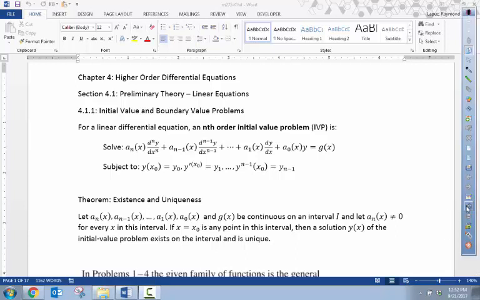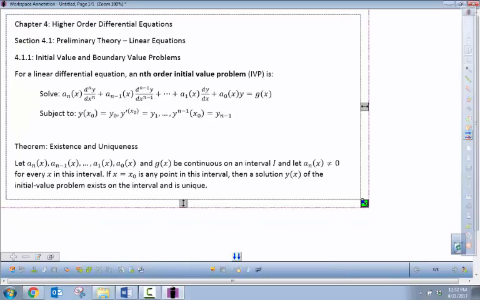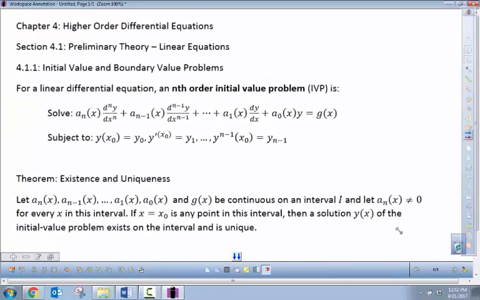Higher order differential equations. So let me just get a big snapshot of this and have it in our notes. The first section in this chapter talks about some theory behind this, existence and uniqueness, and talks about